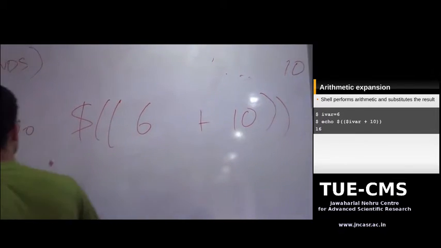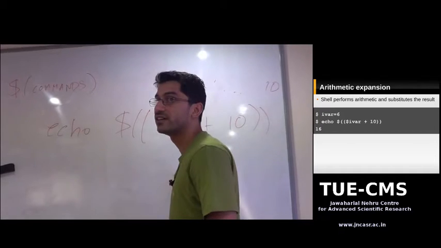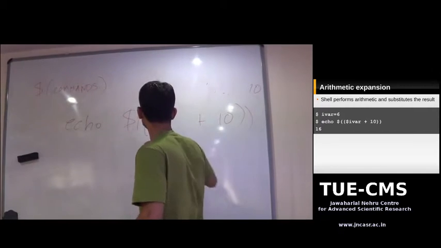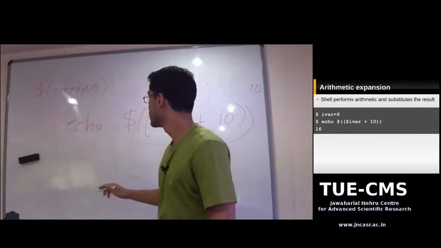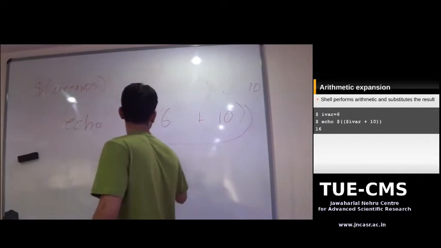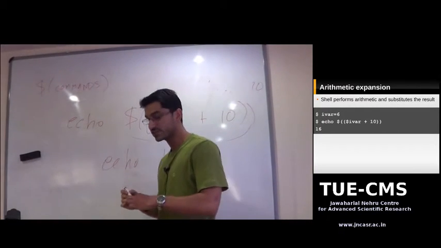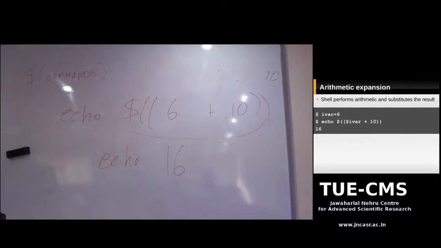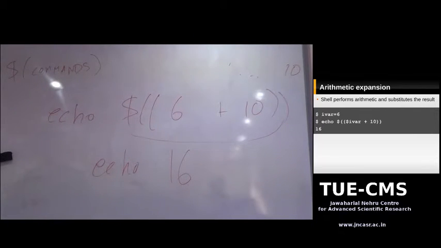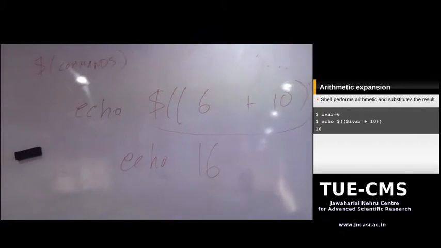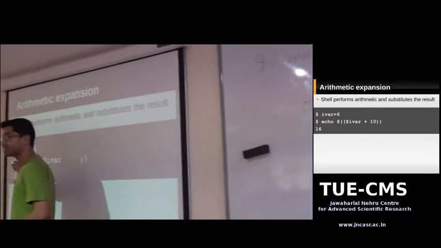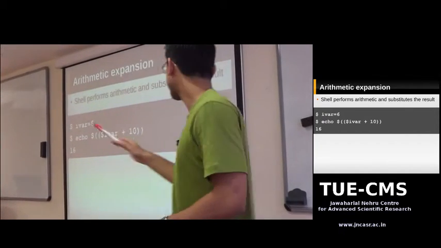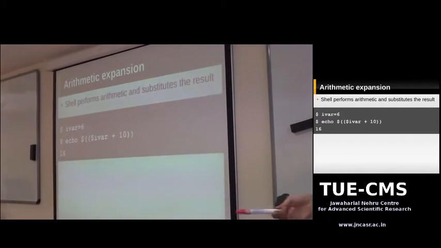Now when the shell sees something like this, it evaluates this as an arithmetic expression, and it's going to substitute this whole thing with the result. So you're going to get echo 16. Okay? This is arithmetic expansion. Really simple. So you can use all your regular operations inside. You can use multiply, divide. The first dollar is of the prompt. I'm just showing you that I'm typing this at the prompt. This is the result, the output. So you can use multiply, divide, everything.